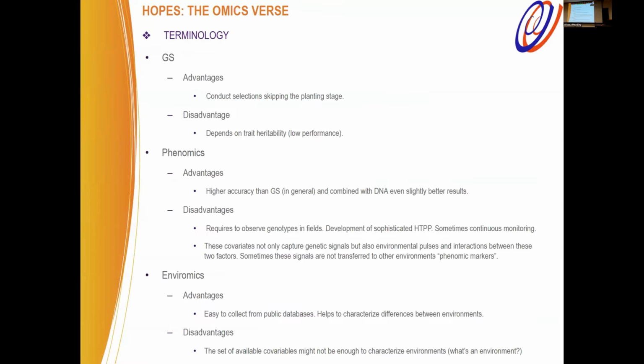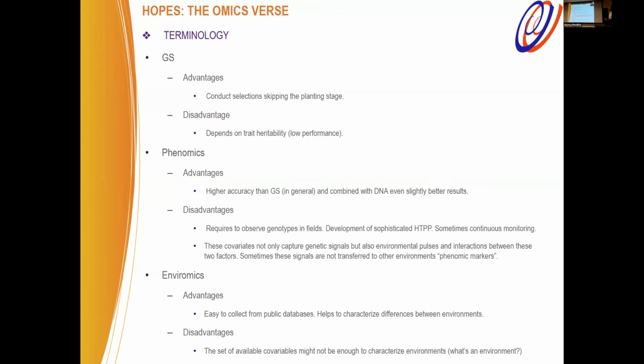So some of the terminology that we have is, for example, we are using genomic information. We have something that we call genomic selection, and it has many advantages, right? I think the main advantage is that we can have an idea of what will be the performance of the genotype without observing fields, right? We can just skip at least 1 year of the breeding process. The disadvantage is that many times it depends on predictability, and more important, the environmental stimuli, right? Sometimes we have traits that have low performance, so probably the genomic information is not perfect, etc. So it's good, but sometimes we have some gaps there.